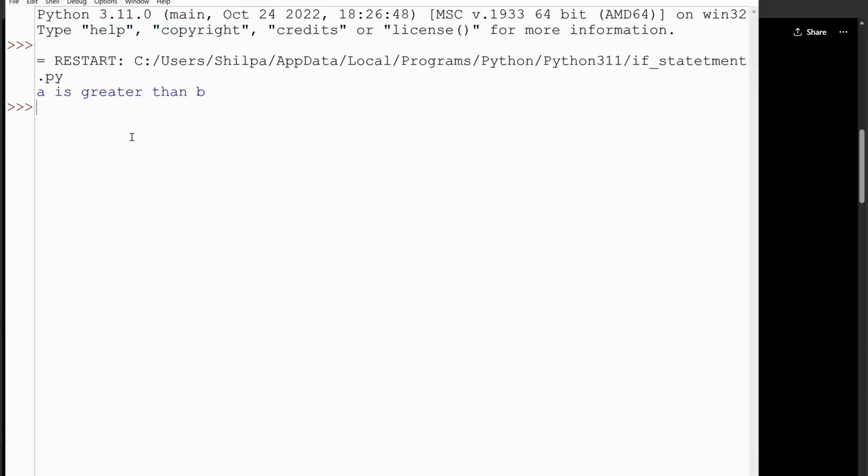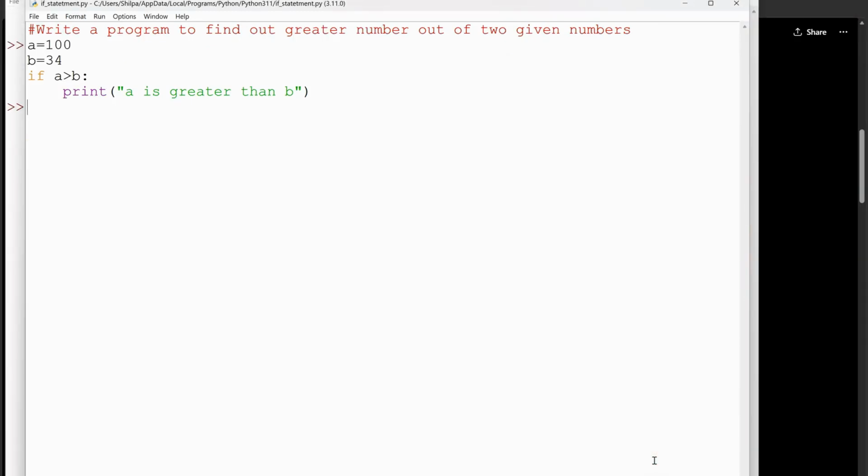It is showing me that A is greater than B because I have already taken the values myself. Now what if I would like to see what message will be printed if this condition becomes false? For that purpose, I am going to use the else keyword. Please make sure when we write the else keyword, we do not have to write any condition along with it. Why? Because else itself is the part of the program which shows that if the given condition is false,